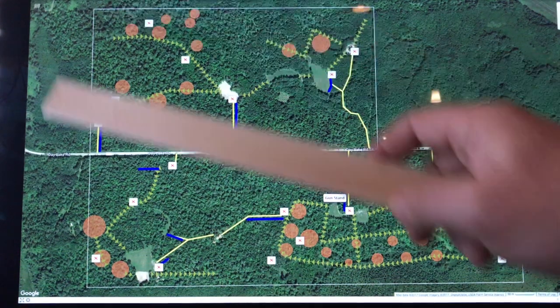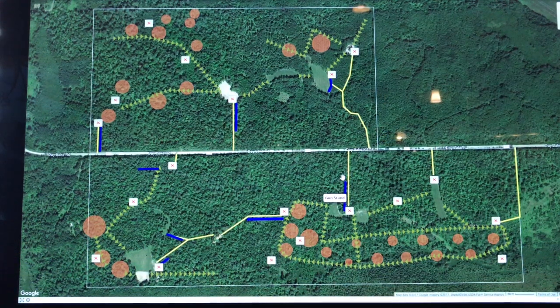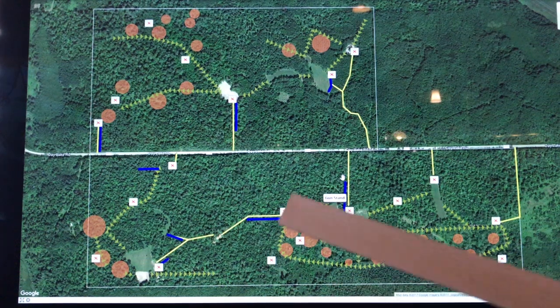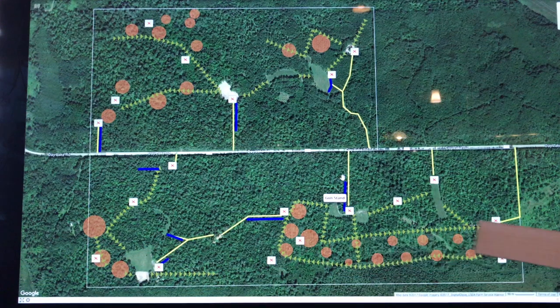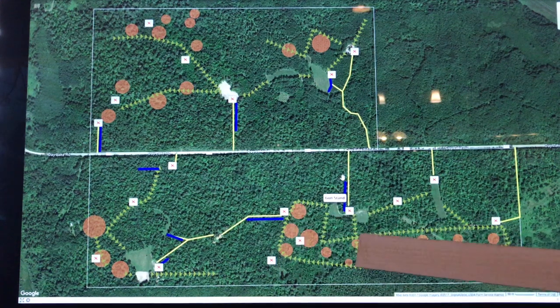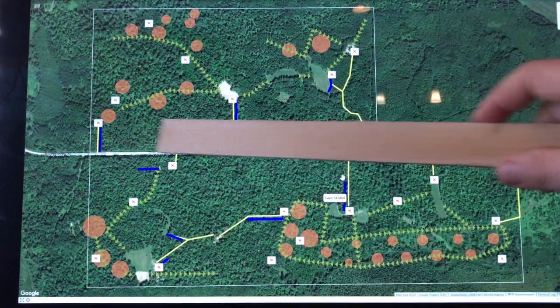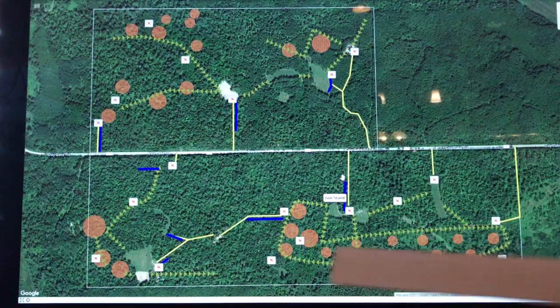Now, if you look at where we got the bedding set up, and I'm not going to call it buck bedding or doe bedding, I'm just going to call it bedding. Just about all these bedding areas are set up with some kind of topography in mind. This is very effective over here. We have this dip in this ravine. All this territory drops off here. With the northwest wind, these deer can bed off the sides of the hill. Nothing up here can see them, but they can hear danger approaching, and more importantly, they can smell danger approaching